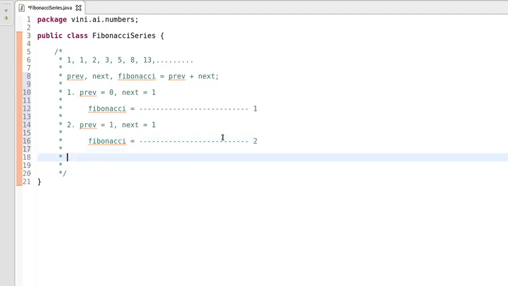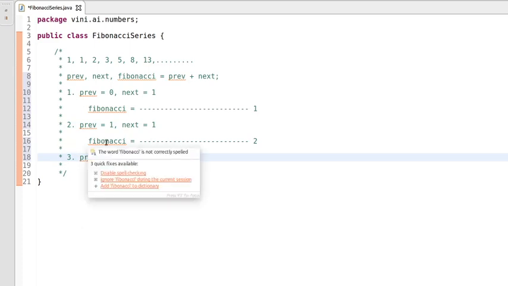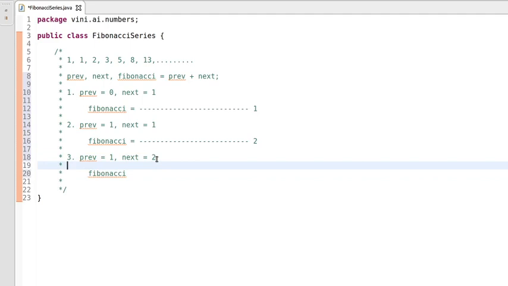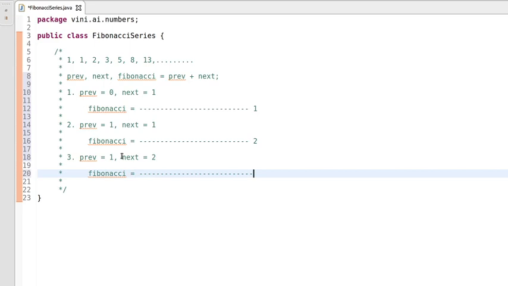And let's do the third iteration. In the third iteration, again we reinitialize the previous and next values. Previous will be initialized with the next value, so the next value is 1 and the previous value will also become 1, and the next value will be the updated Fibonacci number, so that is 2. And so after addition in the third iteration, the new updated value will be 2 plus 1 is 3.